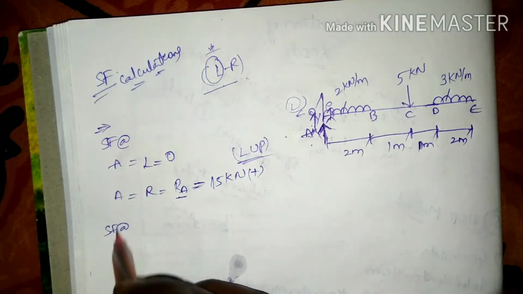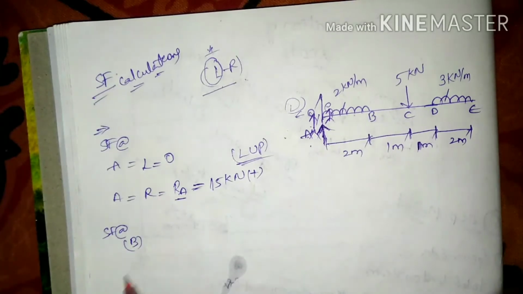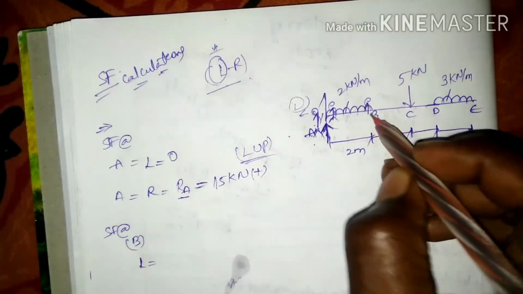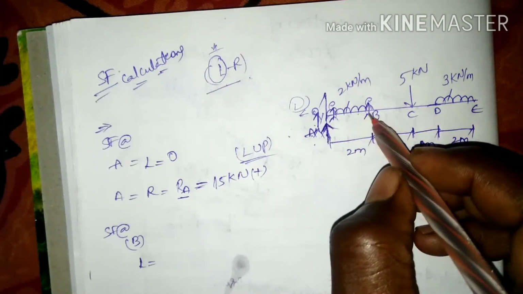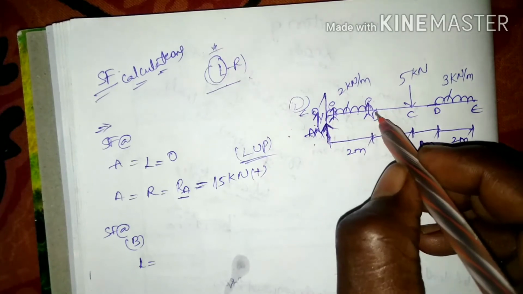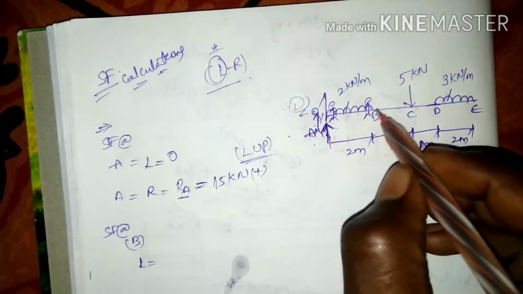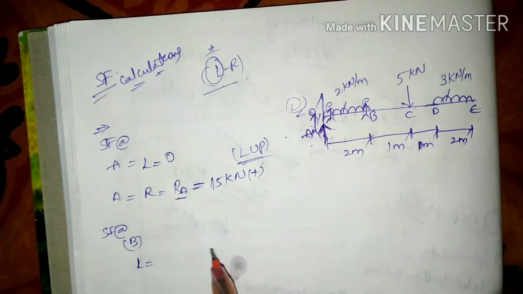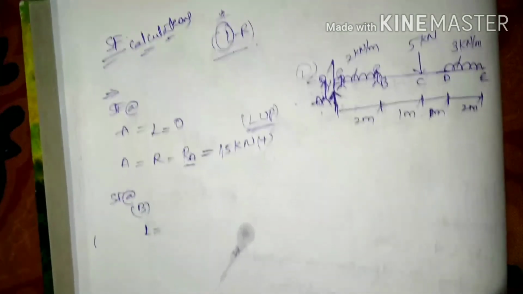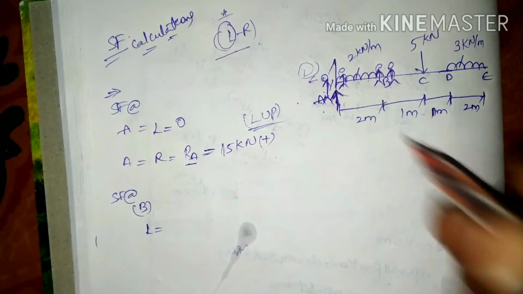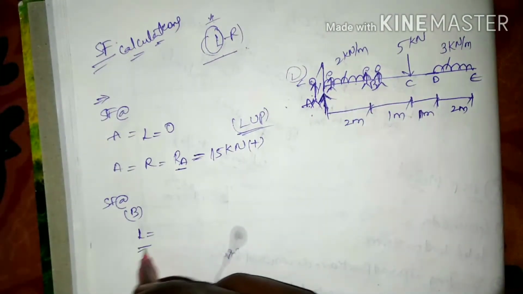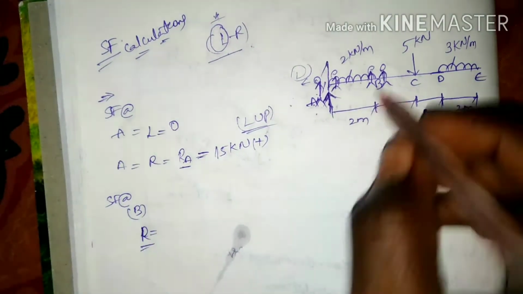The shear force at B. Just left of B, we are going to have the UDL from A to B. Here we are going to find a minute value, so we are going to consider the right of B. After that, we are going to have some decrease in the value for the right of B.